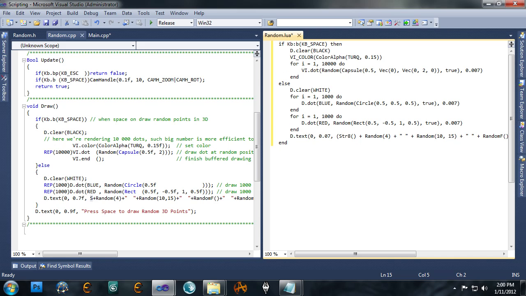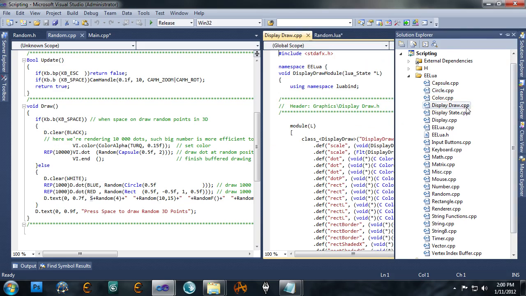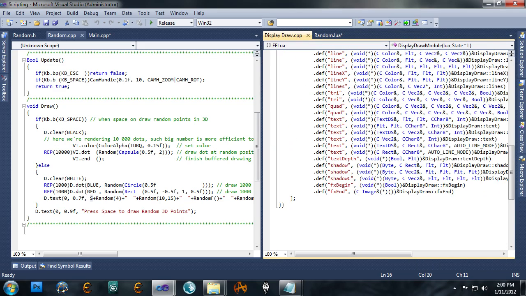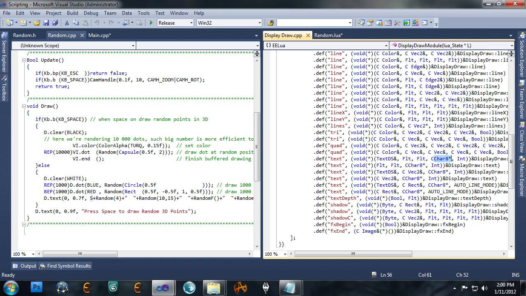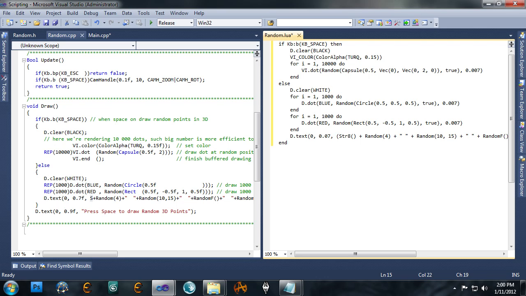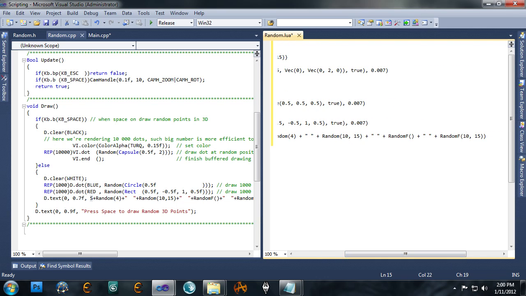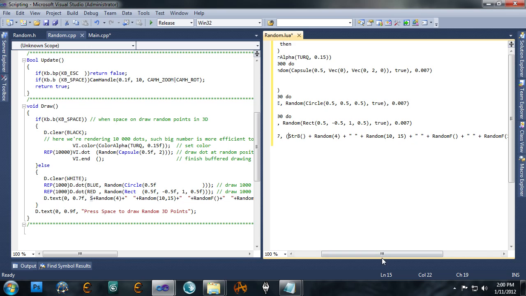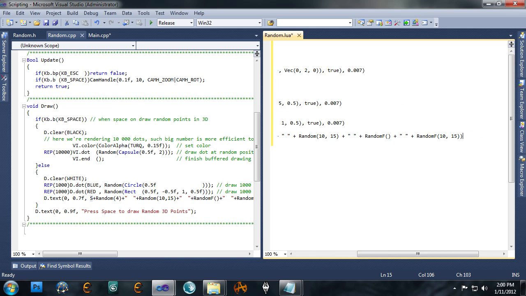One other thing to note is that since d.text actually takes a char, we're going to use const char 8. It doesn't actually take a string, so Lua can't automatically convert it from a str8 to a cchar, so we're going to have to call the operator that does it for us, which is why I have this parentheses there. So this is all being wrapped around the str8, and then we'll call the operator of the string class, which will convert it to a cchar8. And then we need the -1,